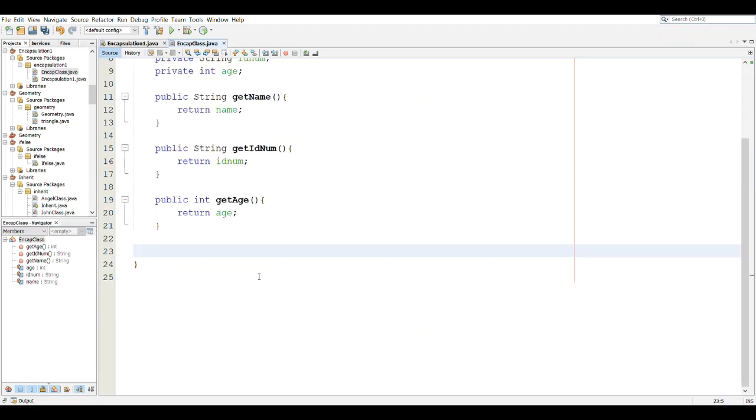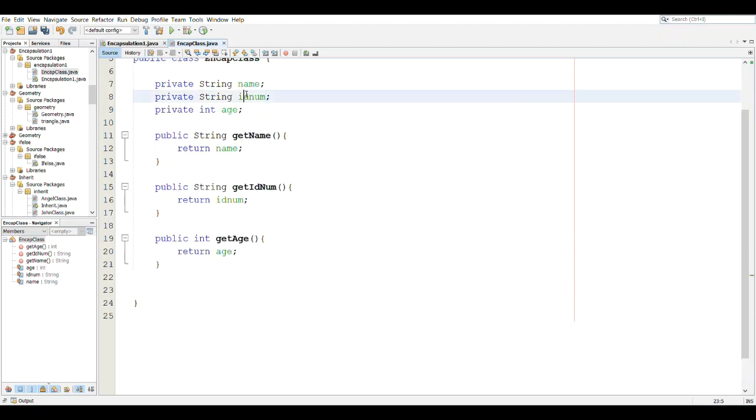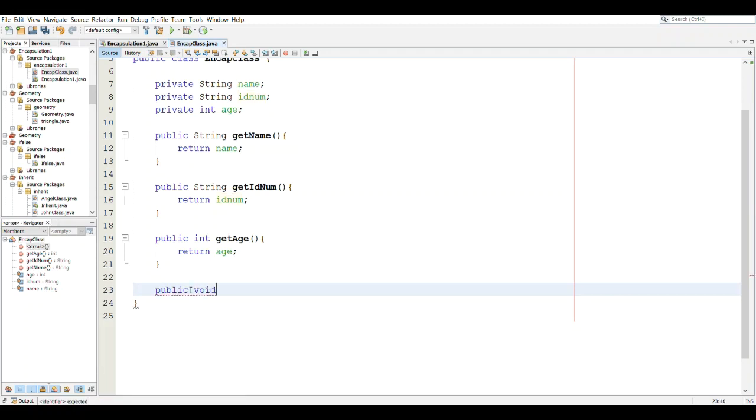So now we'll just have to have a setter. To create a setter, since we are not returning any value, we are just setting a value to the private variables here, we will be having public void. We can use void since again we are not returning any value. So we have public void setName, and we will be having a parameter inside this. This parameter will be the storage for the new value for the private variable. So we now have String